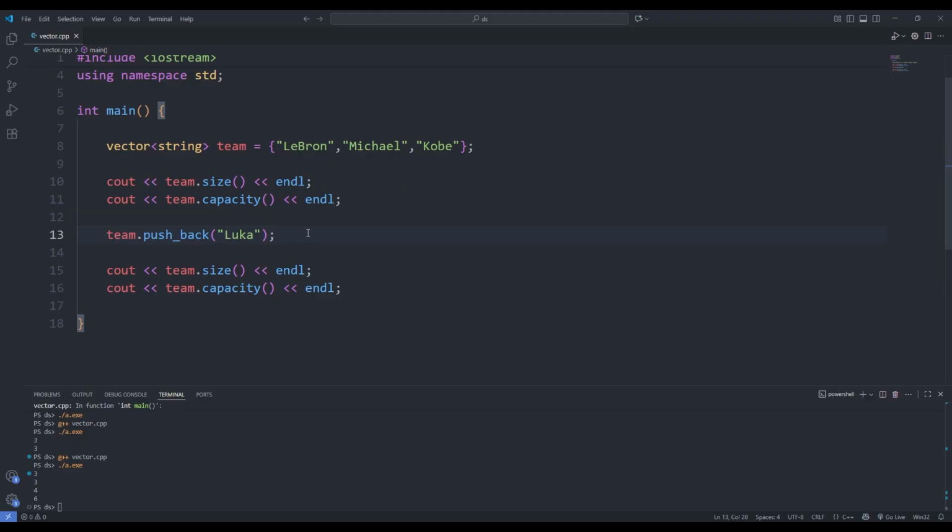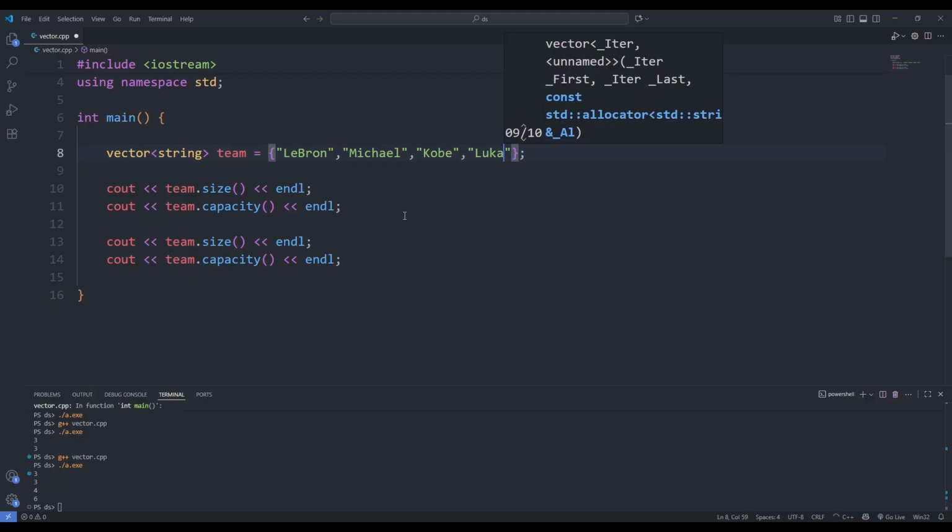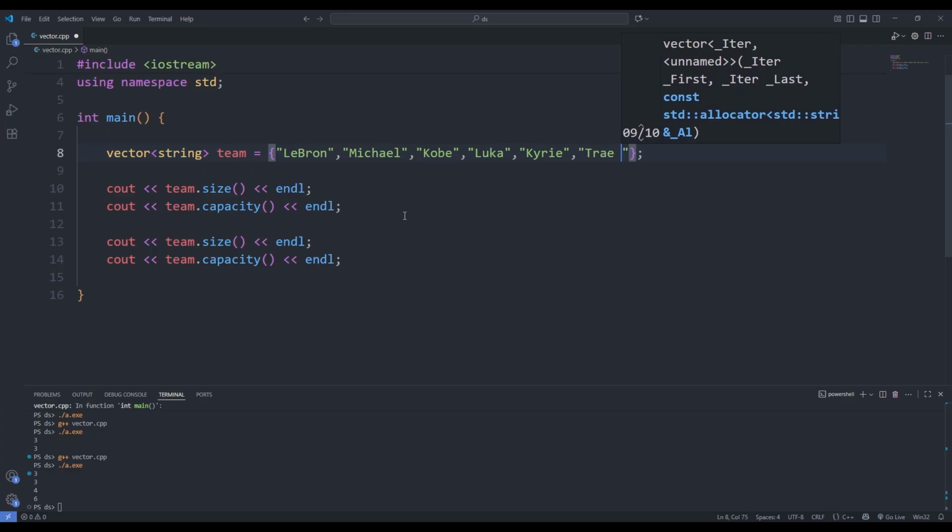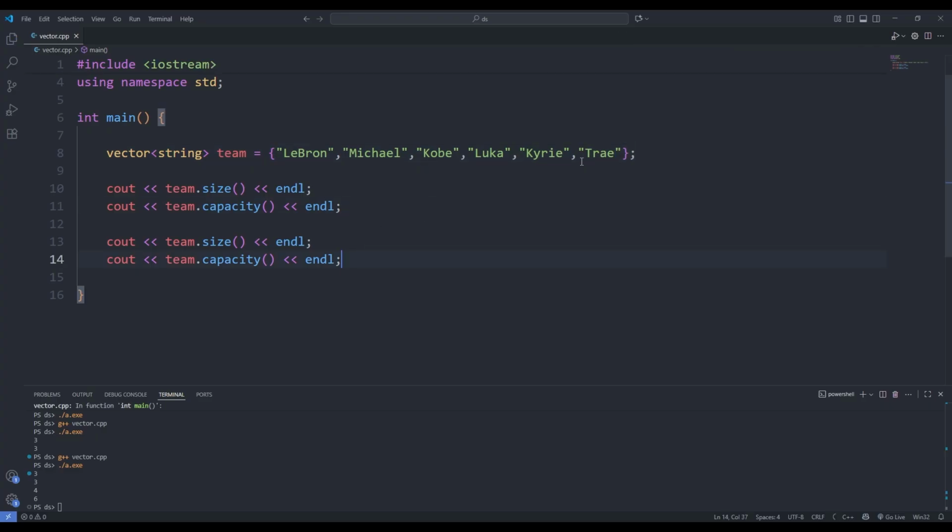But now this is an issue in terms of memory, right? Because we don't want a vector to have an incredibly large capacity, yet we ended up deleting a lot of the values inside of it, so like half of it isn't even being used. So what do we do about that? To do that, first I'm going to put Luca up here actually, and I'm going to add a few more. Let's add Kyrie. All right. And then let's add Trey. Okay. There we go. So we have six